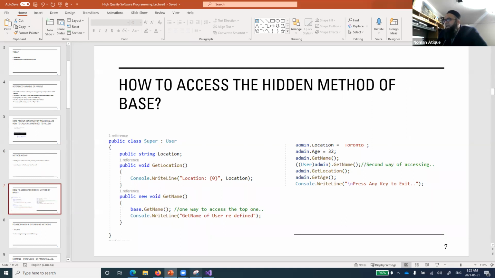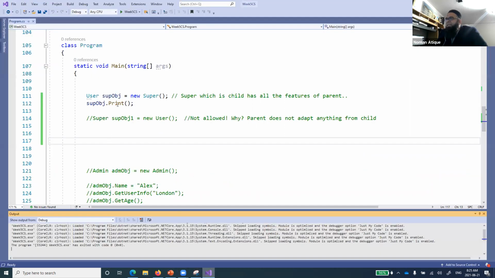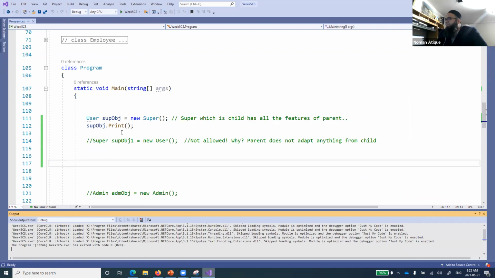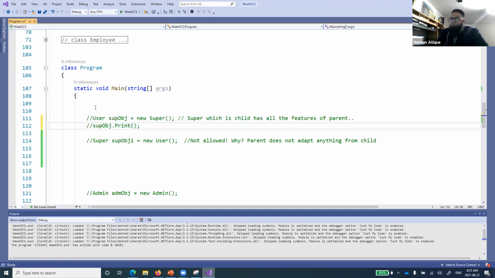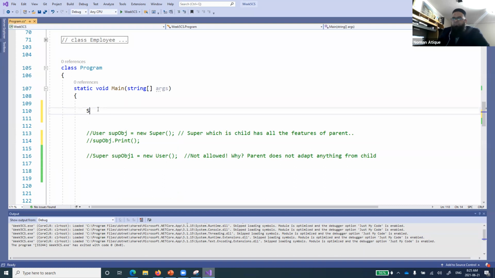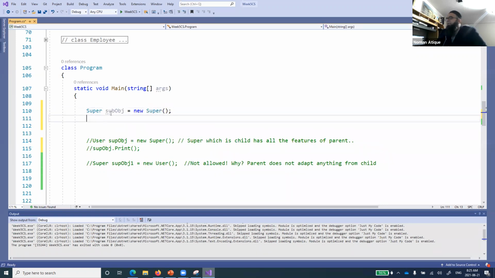But I have typically done that over there, right? And the other method, so this is the second method. The second method we have discussed is that we can create a parent reference and then create the object. Now the third method, or another method of doing that, if you see here, super obj equal to new super. Now we are going in the same sequence.